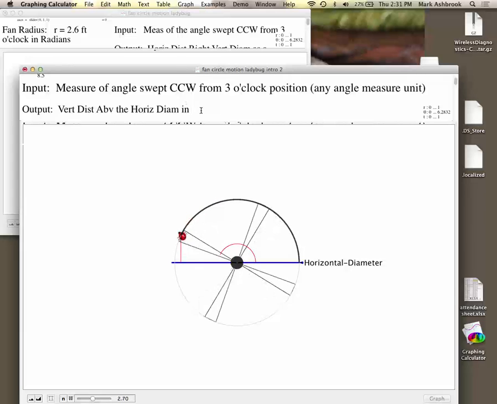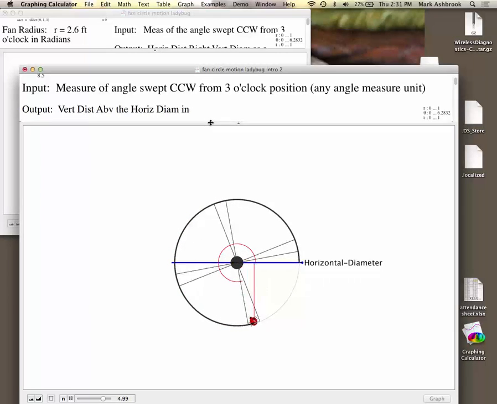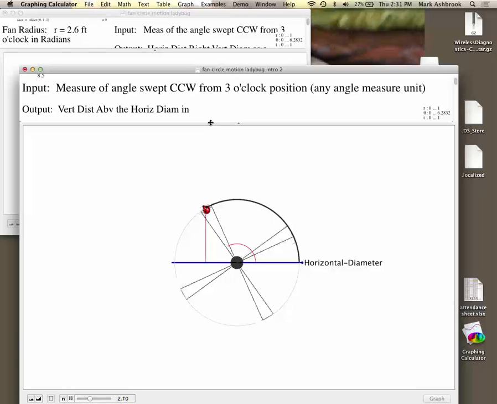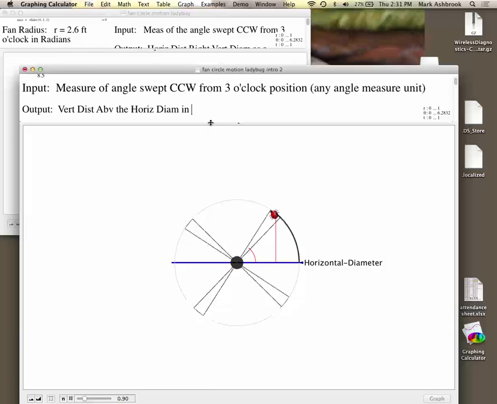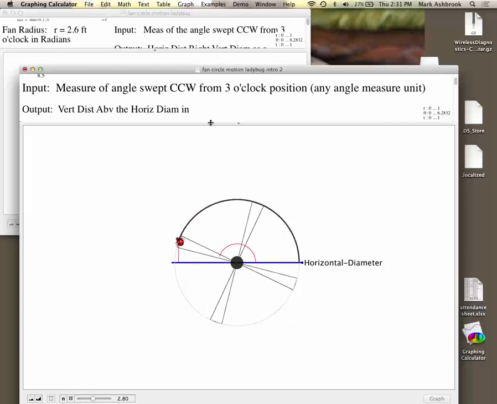That vertical distance above horizontal diameter in... Well, we want it to be universal for any circle. If we say feet, that might not be good for our circle of the moon around the planet, and it might not be good for the ants. So what universal unit can we use for this vertical distance? We talked about it. Radians is openness, so